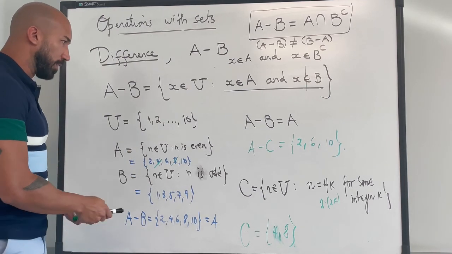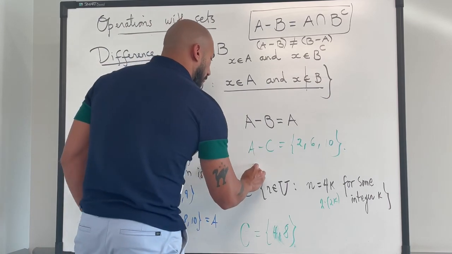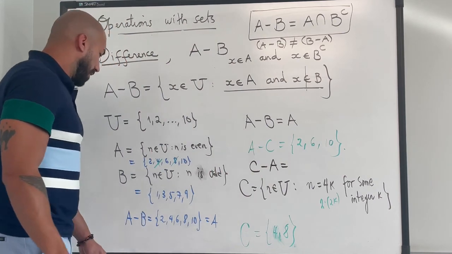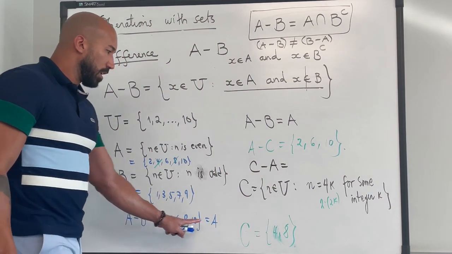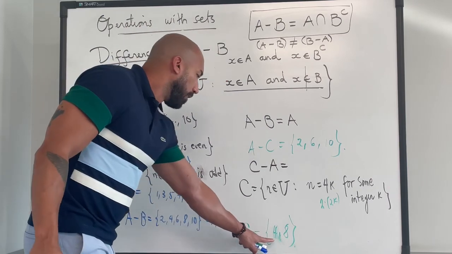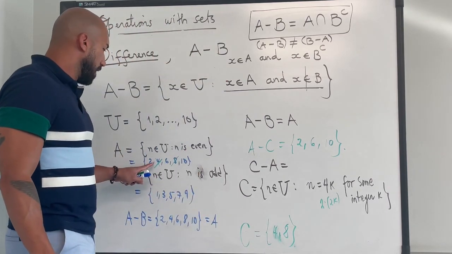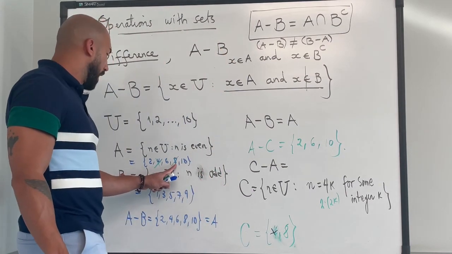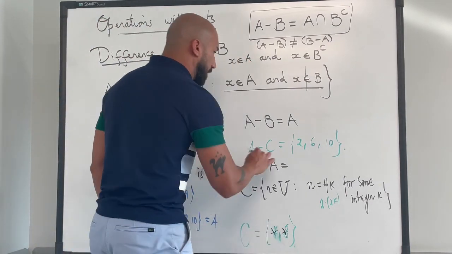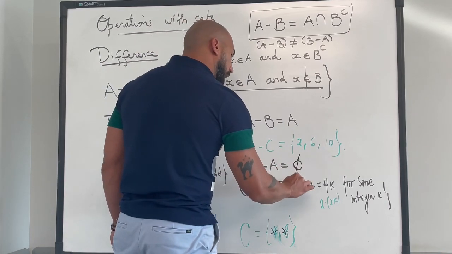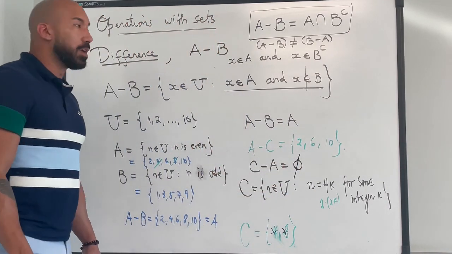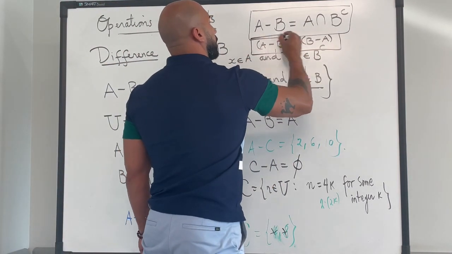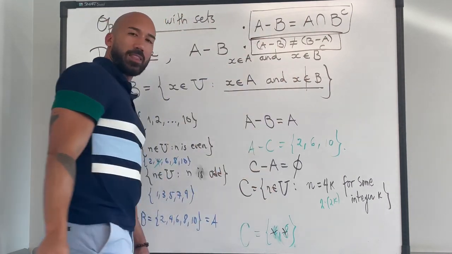But here, for example, if we take C minus A, well, the only elements in C are 4 and 8. 4, are you in A? Yes, so we discard it. 8, are you in A? Yes, we discard it. And C minus A is going to be empty, which is different from A minus C. So we have these two interesting properties for the difference. And that's going to be all for